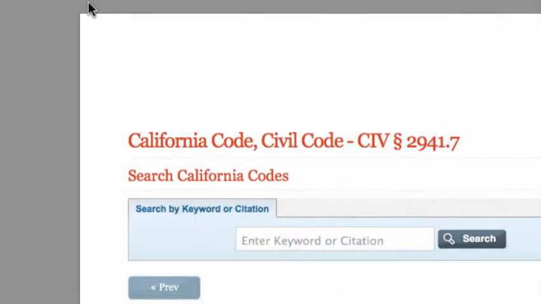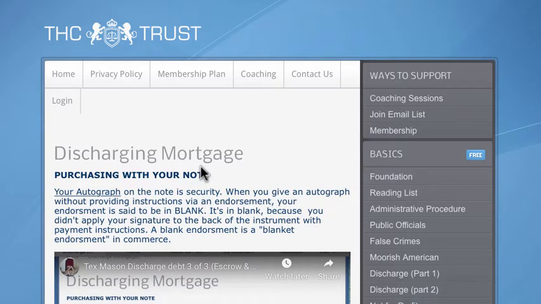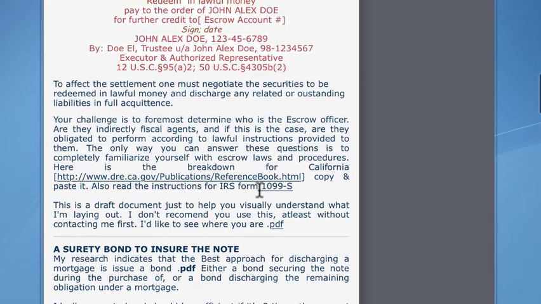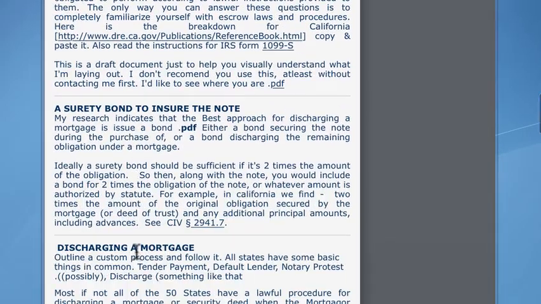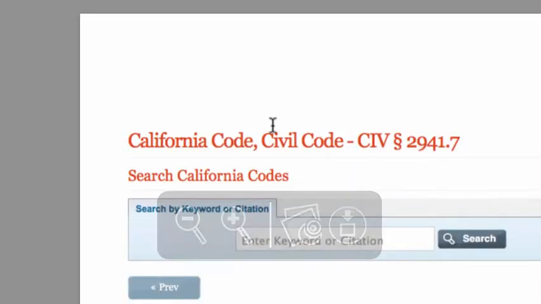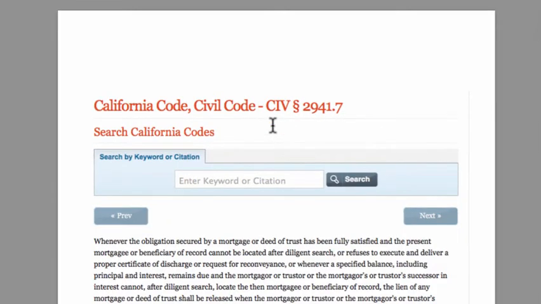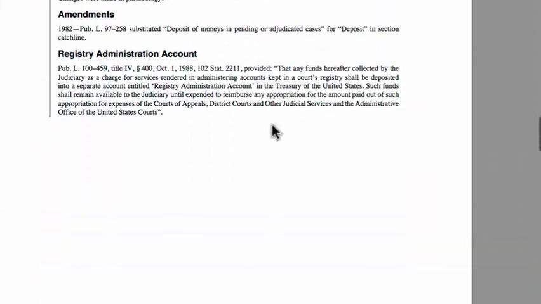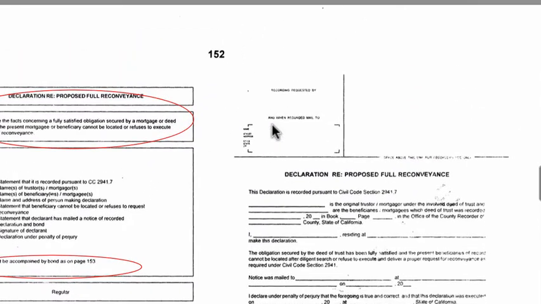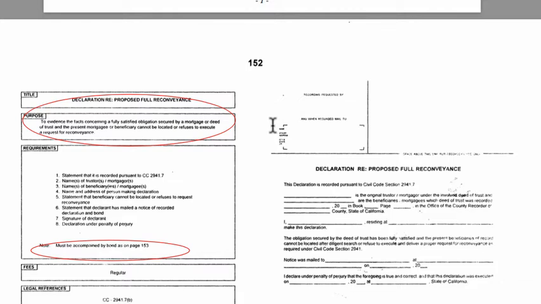Now this is just so you can follow along again. When you're on thctrust.org, under the Discharge Debt Advanced Topics menu, we're down here. Click this link right here. And this is, if you scroll down here, an example out of one of the California Clerk's Recordings Manual of what such a